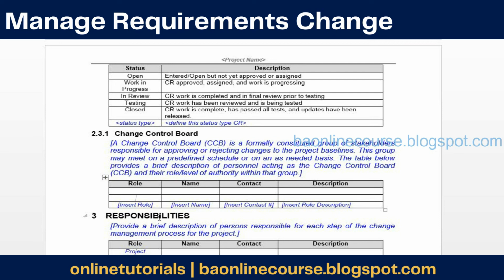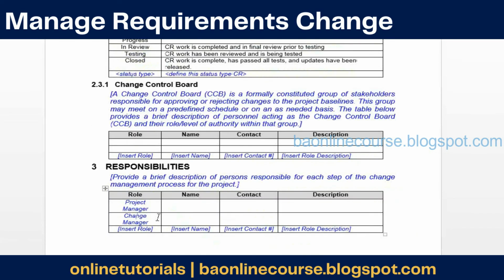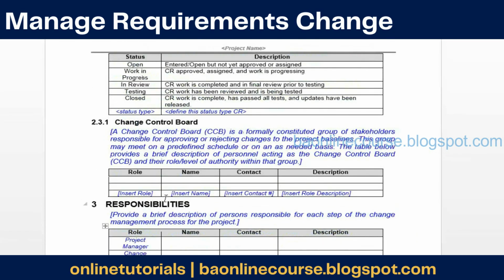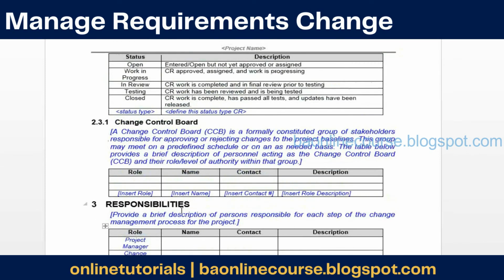So formally you are getting paid for the changes which you are doing. You are also getting additional time to do it, right? So those decisions can be taken only by the change control board. You cannot decide, right? So you should not be accepting the change request just like that, because it will have implications on cost and all. So the change control board would be clearly listed down. Then you would clearly list down all the roles and responsibilities of who has to do what. All this is covered as part of the change management plan, right?